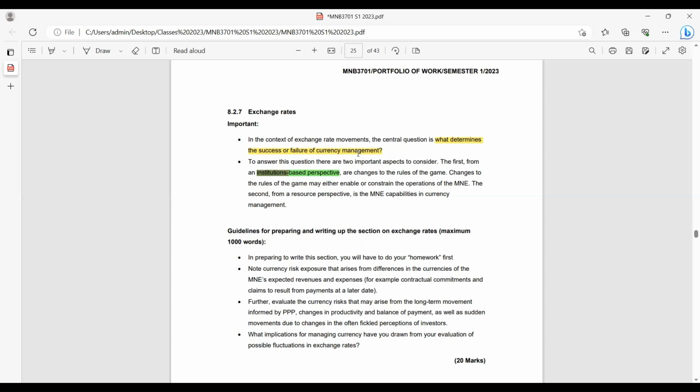So when the formal institutions become inadequate or weak, the informal institutions kick in to solve the inadequacies or weaknesses of the formal institutions. What am I saying in the context of currency management? When we can't access foreign currency from formal institutions such as the Reserve Bank, commercial banks, and any other financial institutions, the informal institutions kick in.